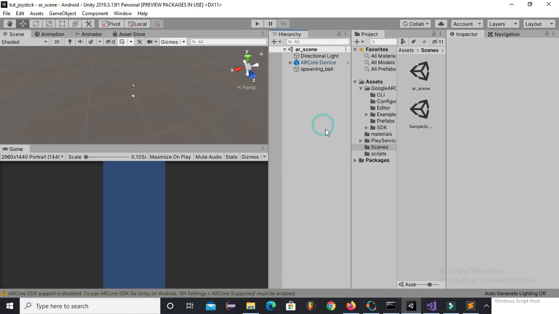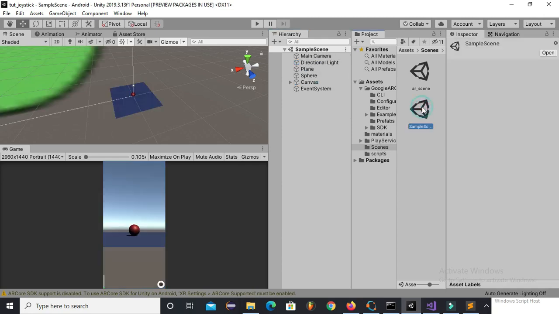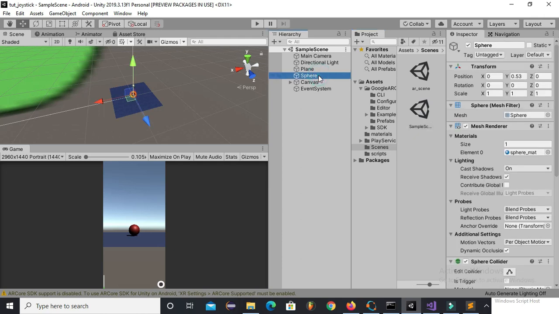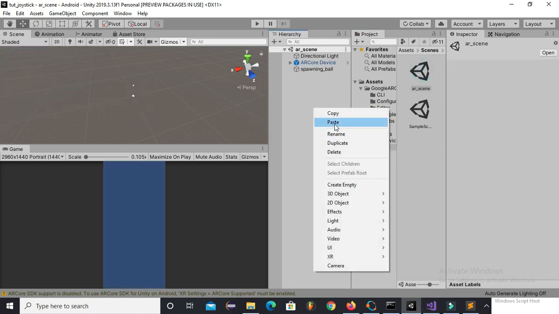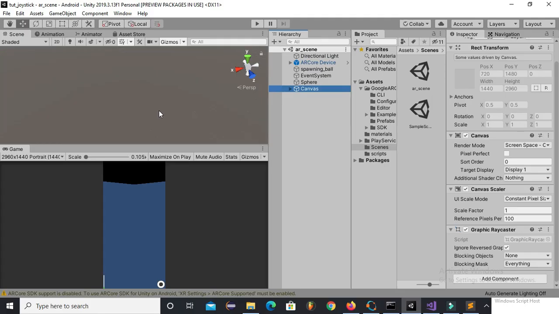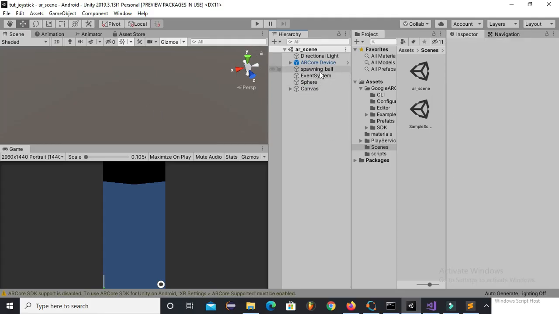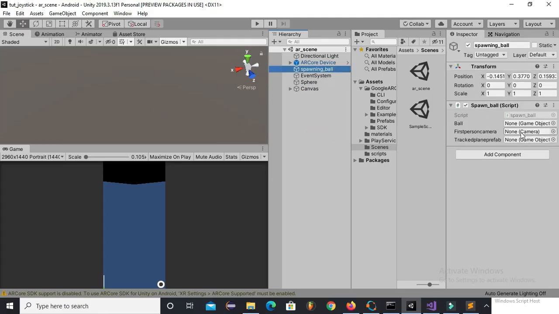So we have saved our script and are back in Unity. First of all, go to the sample scene which we created in the last video, copy these game objects from this scene and paste them to the AR scene. Now save this. Now go to the spawning ball game object and assign these game objects to the corresponding spaces.